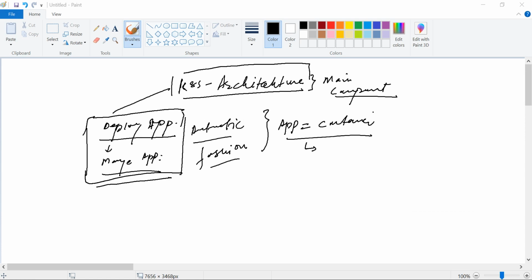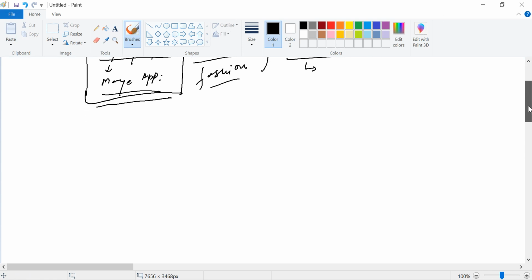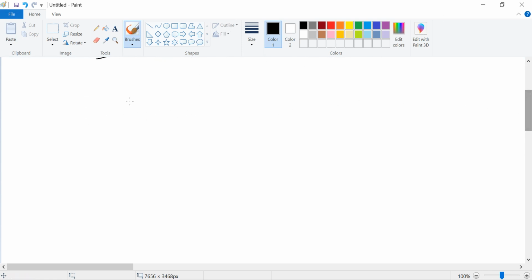Now let's see how we can relate the Kubernetes architecture to something familiar. Let's suppose we have two ships here. One is a cargo ship, where you load your containers.